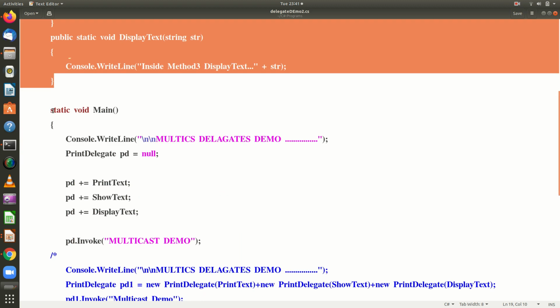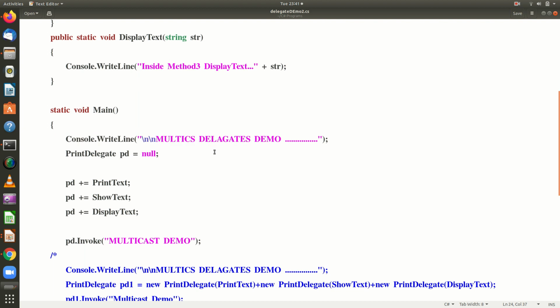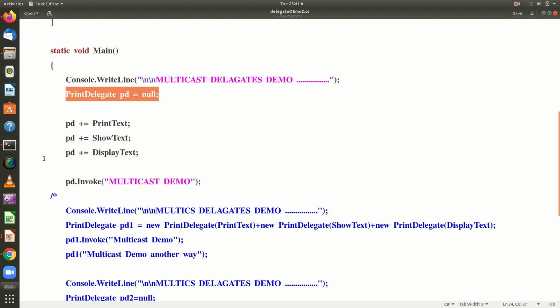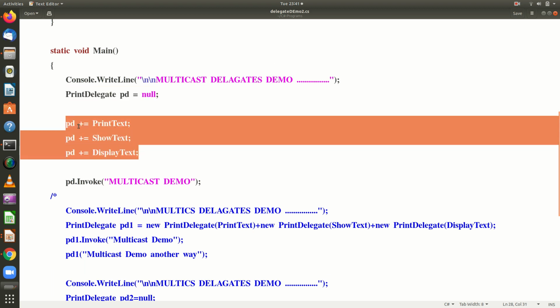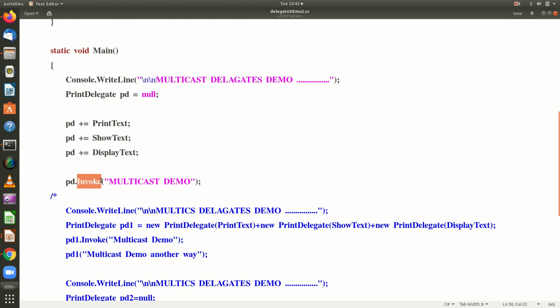Then in the main method, I am just displaying a message saying multicast delegates demo program, and I am initially creating a null reference, and combining all three methods together using the plus equal to operator, and I am using the invoke method.